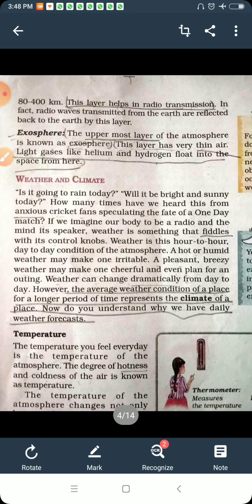And climate is what? It is the total sum of the weather conditions taking place over approximately 30 years collectively, so we call them climate. So here generally for understanding purpose one example of cricket is given, like cricket fans waiting for the one day match, and automatically the weather disturbs, and the people are very excited, but this happens, so it makes them irritated, and a pleasant breezy weather makes one cheerful, and even plan for an outing,